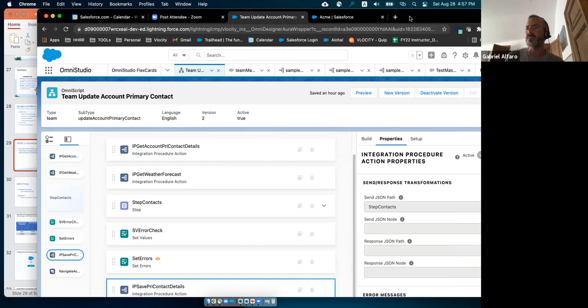Yeah, that's a good question. How is this different from Velocity OmniStudio? Send equals incoming data. Well, send in that case is from the OmniScript action, okay, to the integration procedure, because this OmniScript is calling the integration procedure. Response is from the integration procedure to the OmniScript, the response that the integration procedure is giving me. Okay,